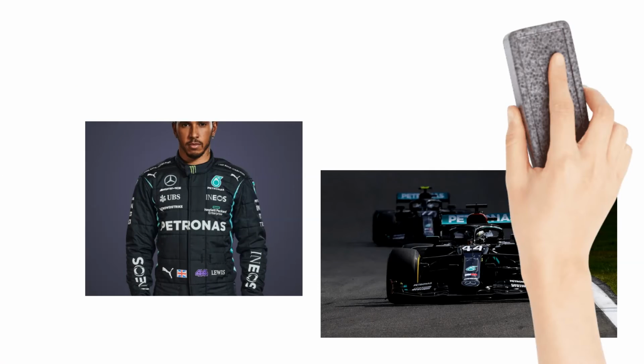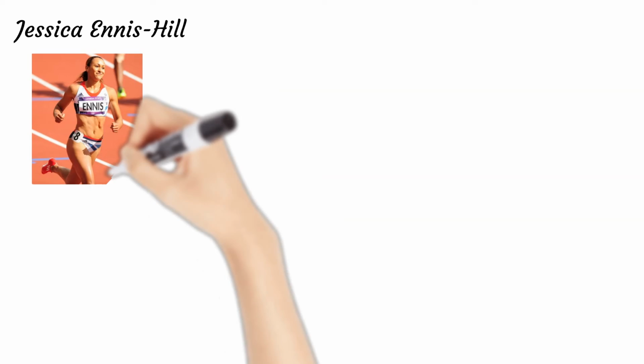Jessica Ennis-Hill is Britain's greatest female athlete of all time. She lived up to her poster girl status by winning heptathlon gold at the 2012 London Olympics and was twice crowned world champion. She has held British records in 4 different disciplines and was also one of the world's leading